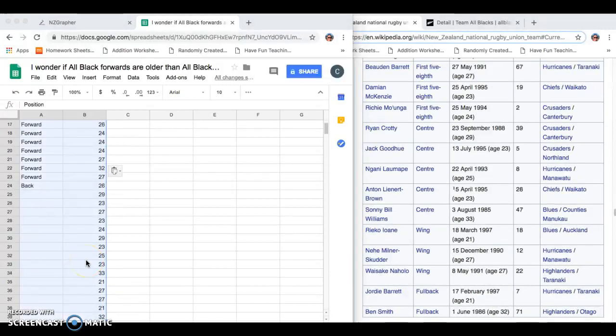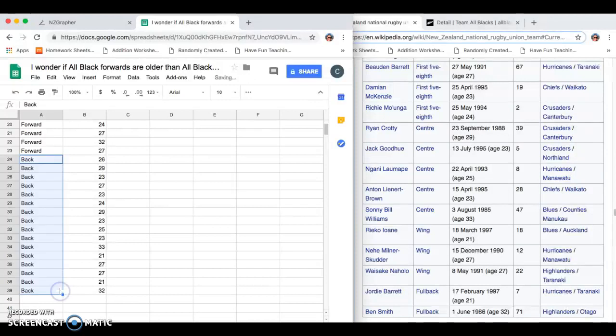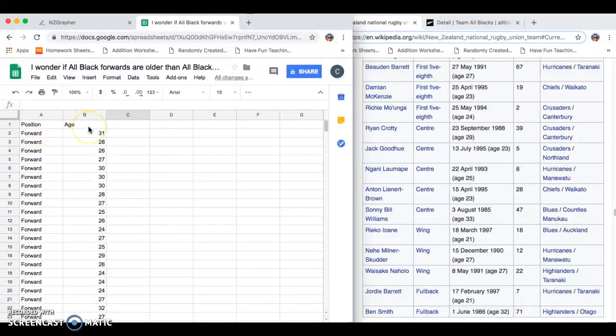Alright, so I've got everybody's ages in here now. I just need to put in for the backs. I'll click and drag all the way down to the bottom there, which is Ben Smith. And as you can see, now I have forward and back in the left-hand column under position, and age down